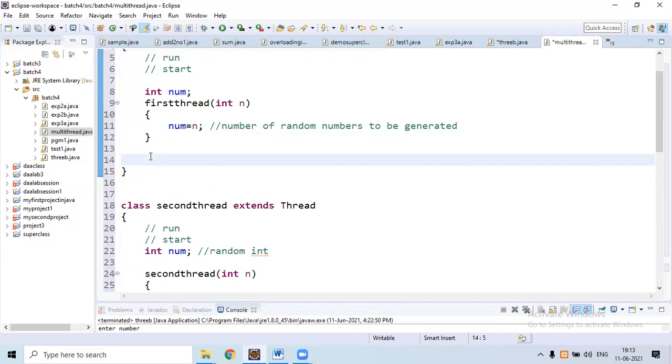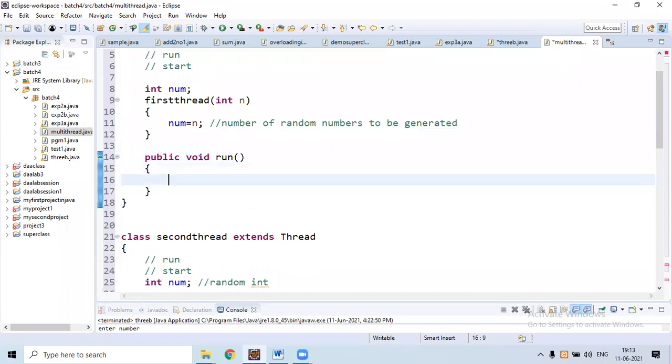Next we need to write the run method. Public void run. So opening flower bracket, closing flower bracket.